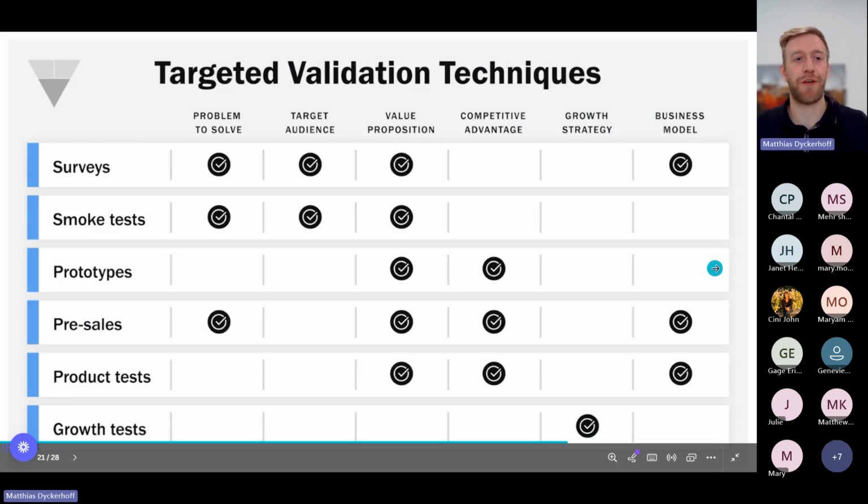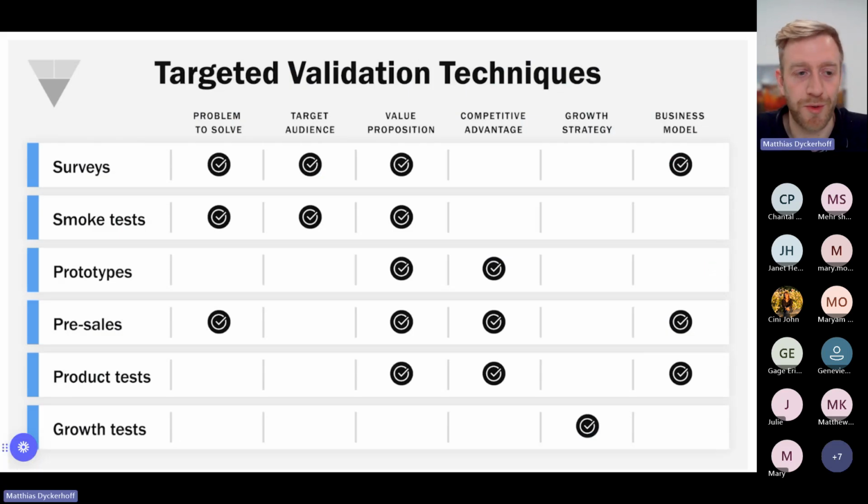But this is a helpful matrix that I've also used. This comes from a course I took, but this does a good job of saying, okay, if you look at what you want to actually validate and gain confidence in, which tests are the most appropriate. So if you're looking at the problem to solve and that's where you want to start, you may want to start with a survey or a smoke test like this fake door, or the pre-sales, so doing sales for a product if it's a B2B product before you've actually created it, and seeing what is the open rate for the email, right? What is the response rate to sign up for a demo?